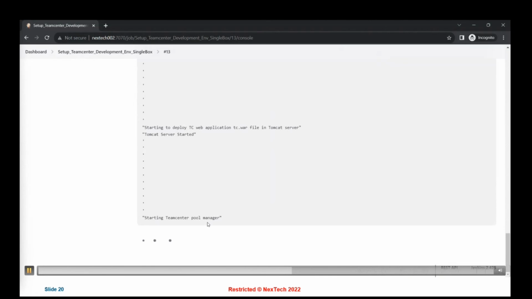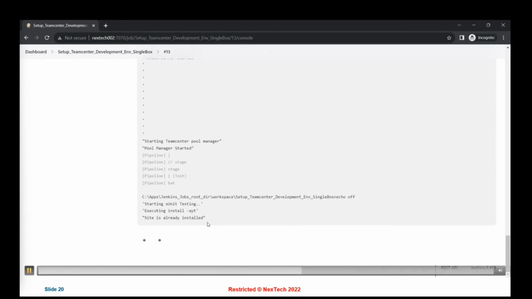I will then start the pool manager. Since I need to validate whether my environment is successfully installed or not, I'll be starting the Teamcenter pool manager. Then this is something I have optionally added. I have put this message, starting X unit testing. Even though I'm not running any test cases here,